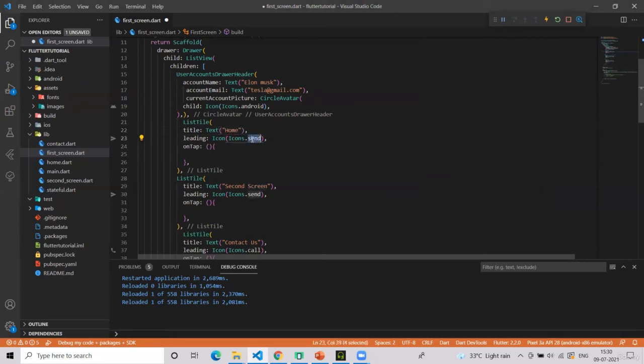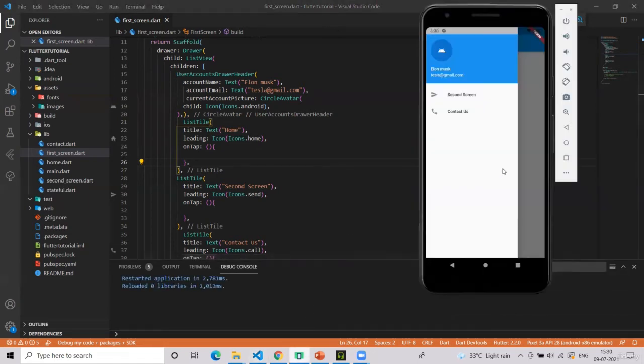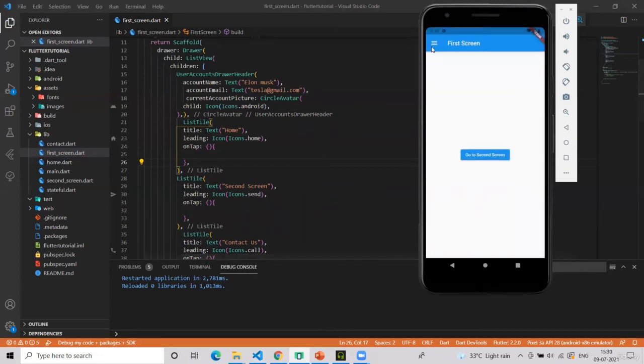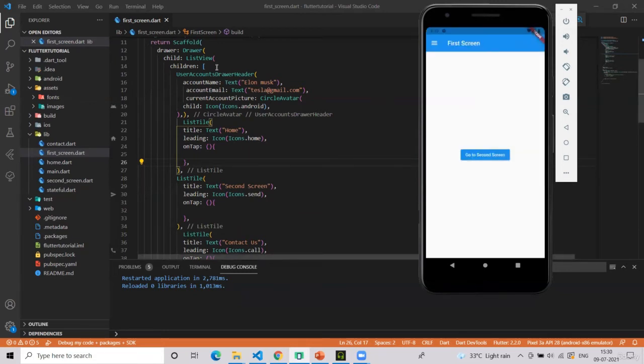Home, and just write home here. You can see this drawer. Now it's looking very professional, mainly because of this header. It's looking awesome. And as I said, there is something called drawer header as well, which you can try on your own if you want.